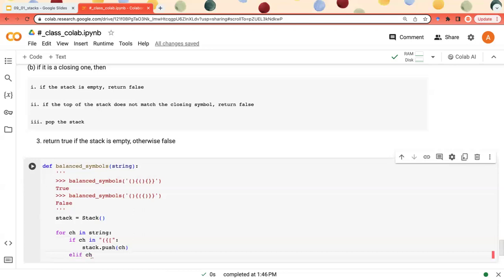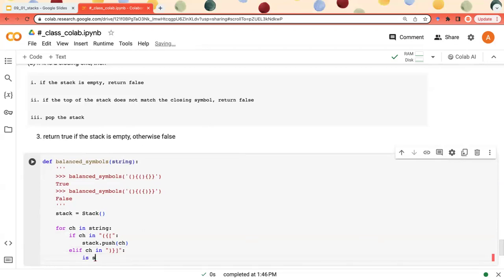Otherwise, if this character is a closing one like this, if the stack is empty or not matching,